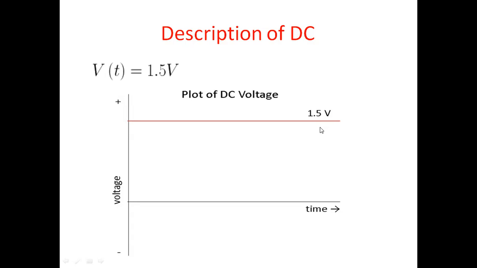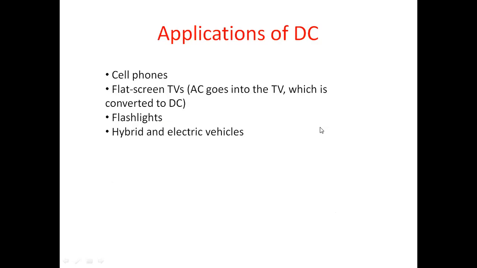Okay, next point is the applications of direct current. Direct current is also used in different applications. Here, a few applications are listed. Almost all electronic projects or electronic circuits run on direct current, where a battery is used. That is the applications of direct current.